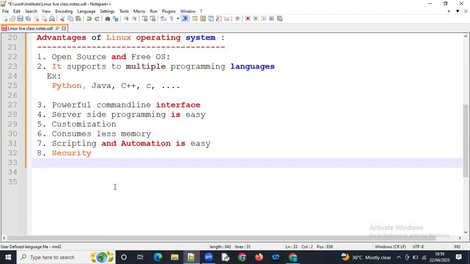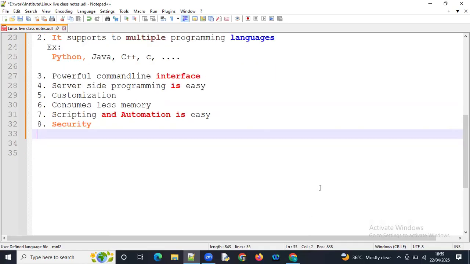Moving further, first we need to know which is the first operating system, what are the drawbacks of that operating system, and what are the latest versions of that operating system.